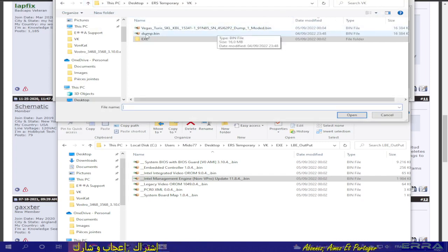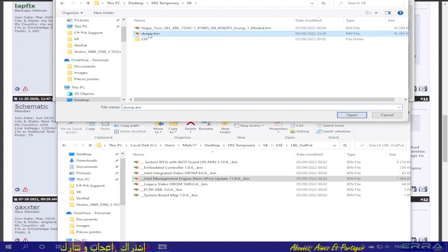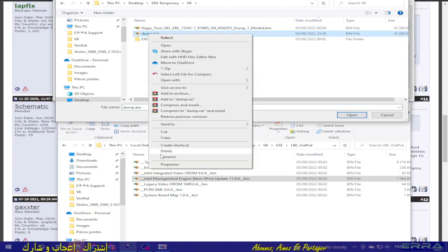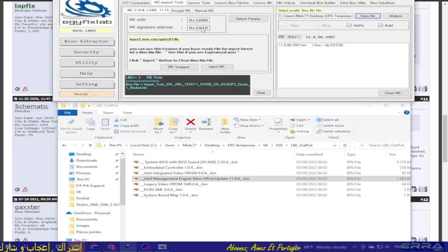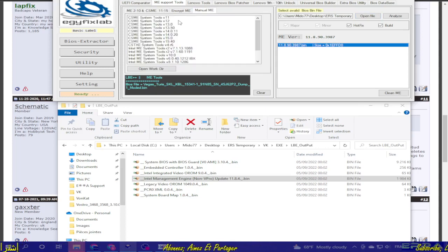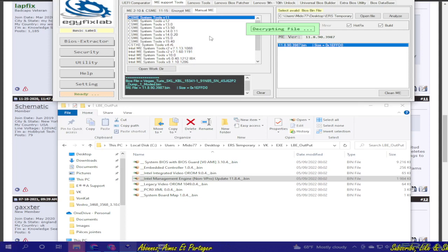This one, it's no longer the dump, so the dump, just forget about it for now. In fact, let's delete it, we don't need it anymore, and let's open the modded one. Here we highlight this, otherwise you won't be able to open the system tool. We open the system tool here, let's just wait,